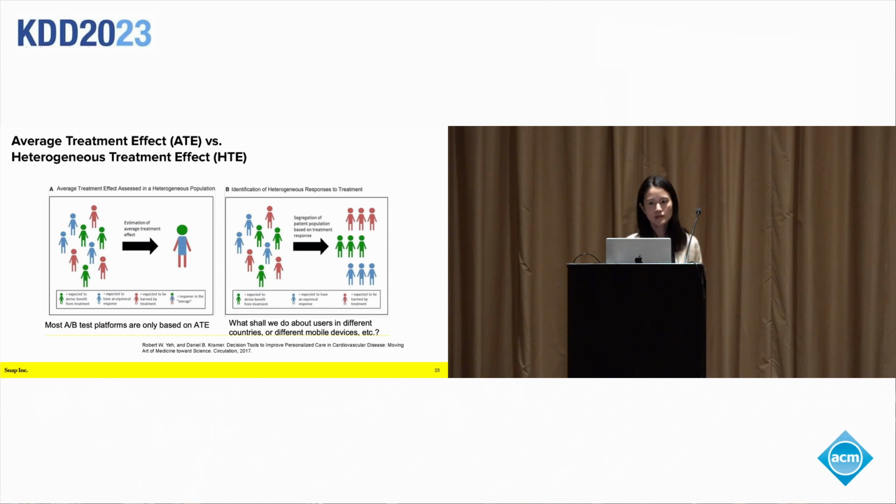So when the population has very high heterogeneity, the average treatment effect cannot really provide us with the best insights anymore, such as shown in the left figure. Instead, we should first break down the population into different cohorts or subgroups based on some dimension, such as users' countries, their device types, etc., and then examine the heterogeneous responses of these subgroups to the treatment. This is called HTE.